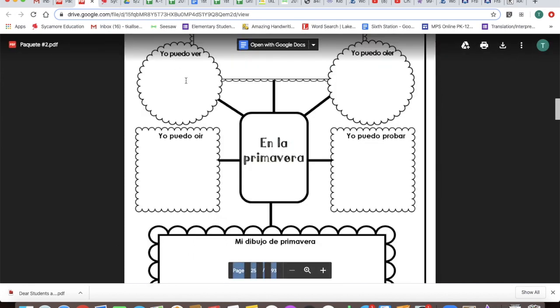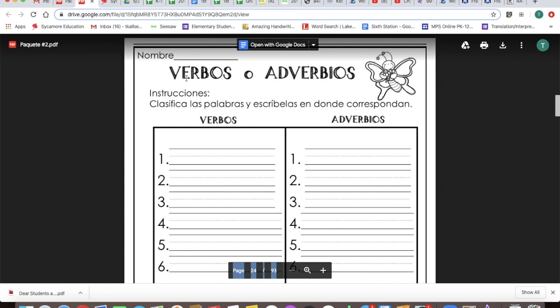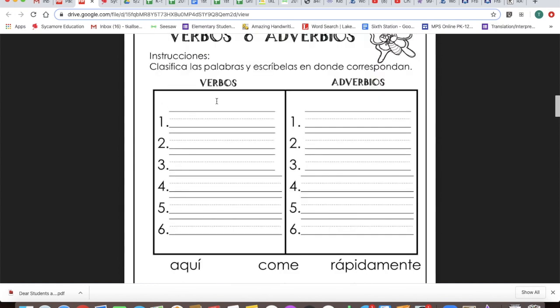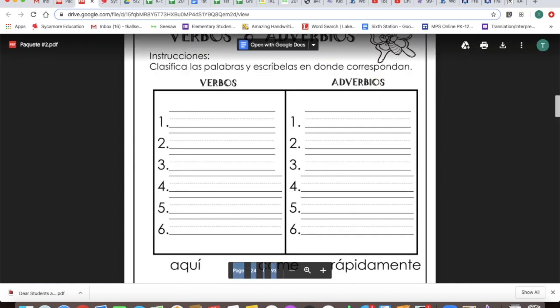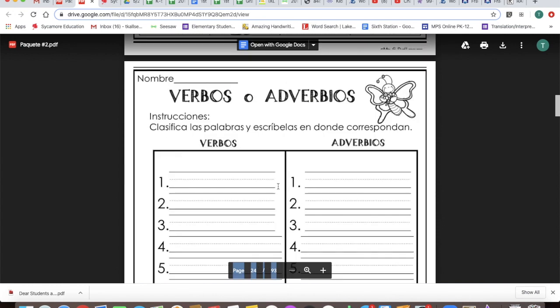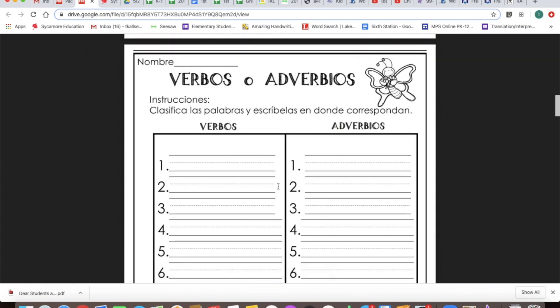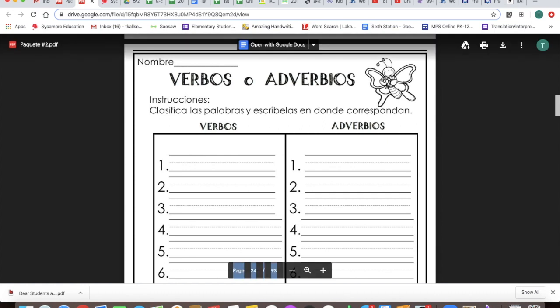In Spanish, you're going to work on page 23, verbos and adverbios. So you're going to look at the words down here and figure out whether they're adverbs or verbs. So those are the 2 workbook pages you have in Spanish today. And now I will talk to you about your